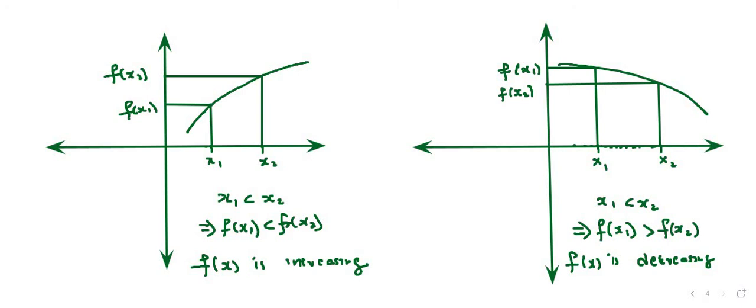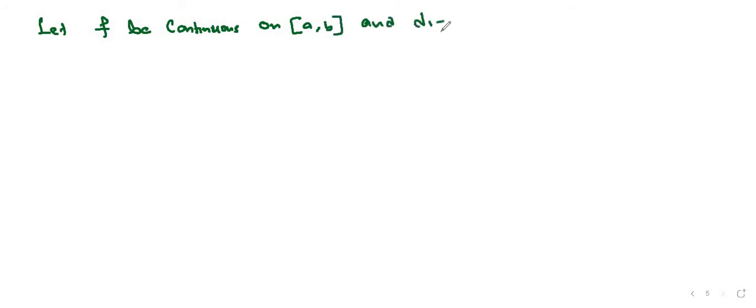Okay, clear. In our previous definition, we didn't use derivatives. Now let us define one more definition. Let f be continuous on a closed interval AB and it is differentiable on open interval AB. Then